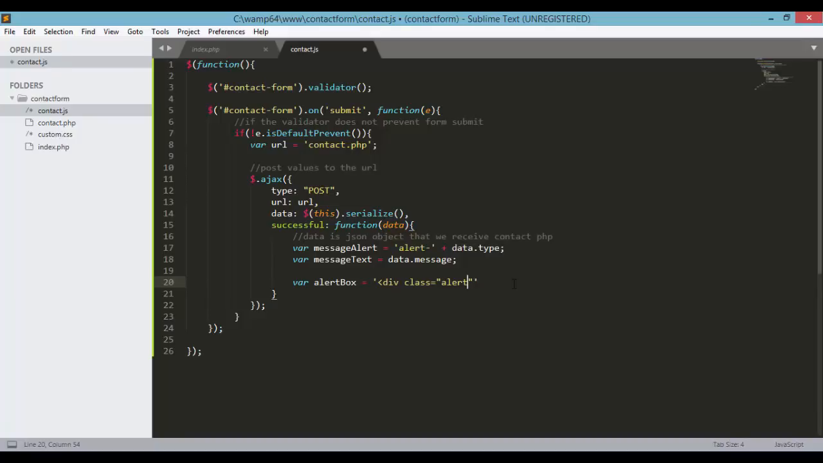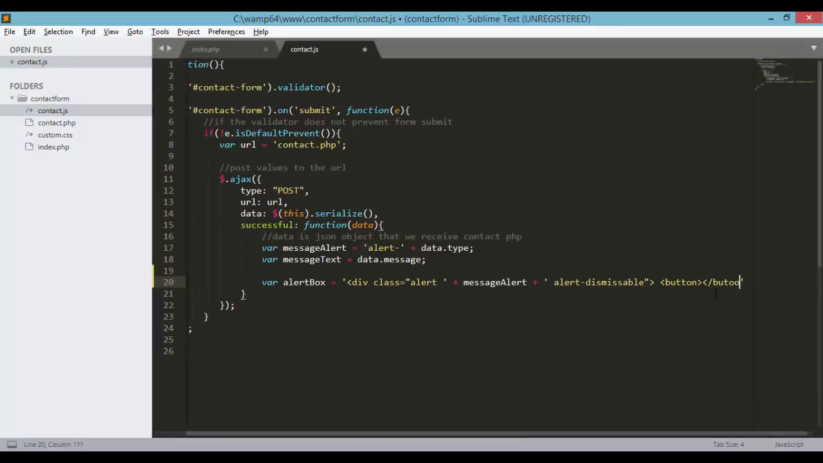And we need to add the type coming from our index, or I mean contact.php. So that will be the message alert, and also we need to add another class for this, which is alert-dismissible, and we need to add a button to this. So that's button, and of course the closing button tag,